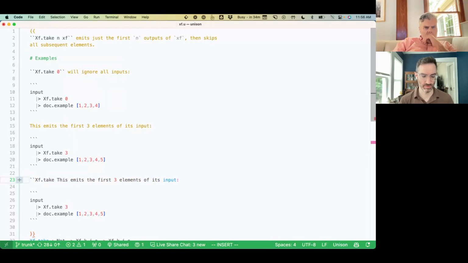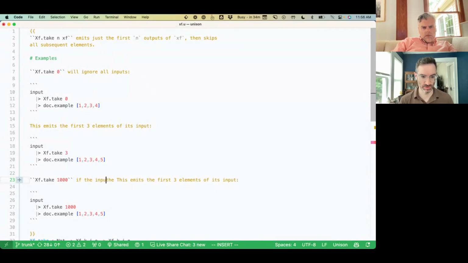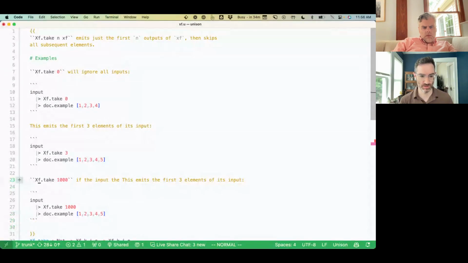Ceph.take. Is that the same example? Oh, I see. I'm just going to show that, if the input. This is maybe not even relevant in a real situation because the input is infinite. But anyway,